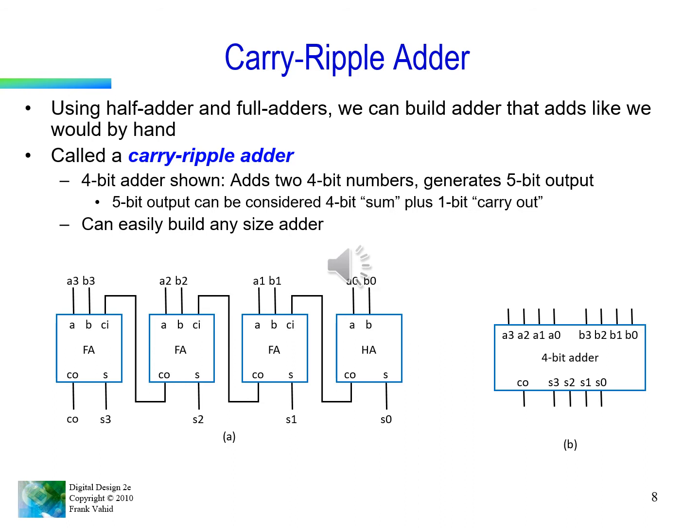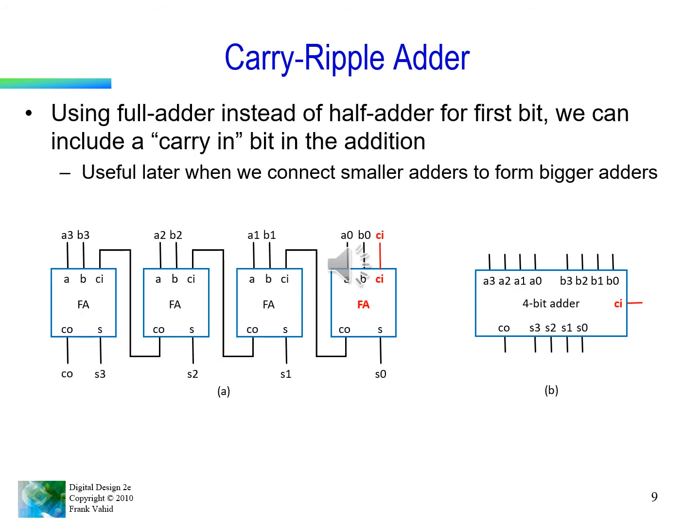To make a 4-bit adder, we cascade half adder and full adder modules in such a manner that the carry out of one module goes to the carry in of the other module. This is called a ripple carry adder. Why? Because the output of one module ripples to the input of the other. Here we can also replace the half adder module with a full adder module with a carry input. This carry input can be 0 if there is no carry. So CI, if you can see in the IC, there is also a CI carry input. Why it is used, we will see later.